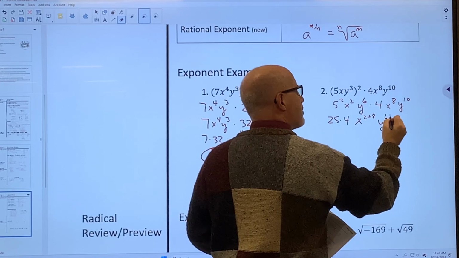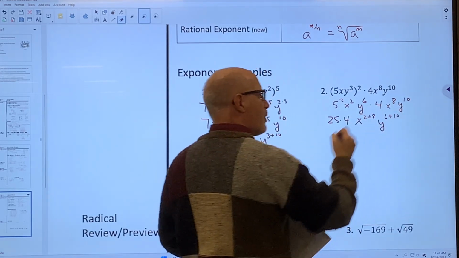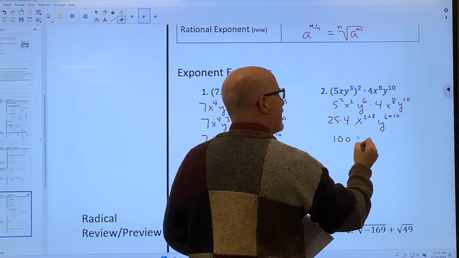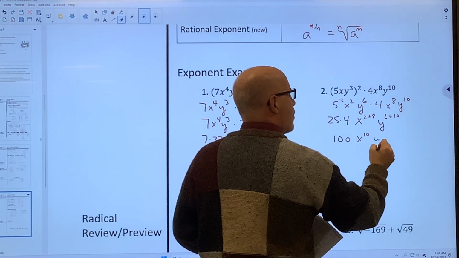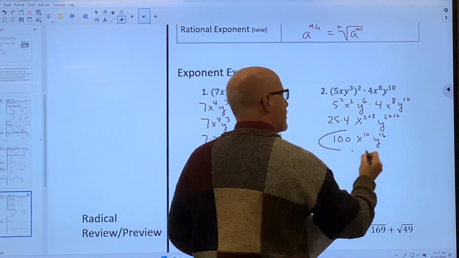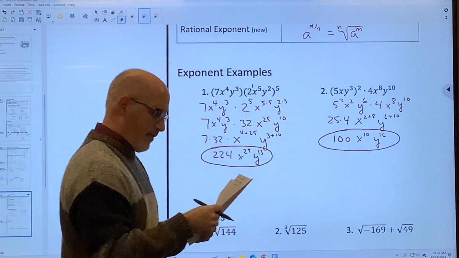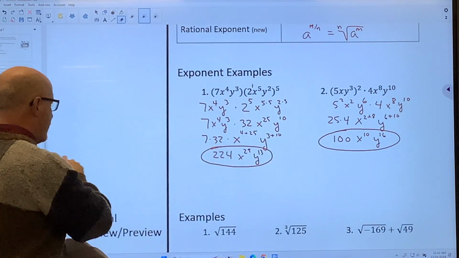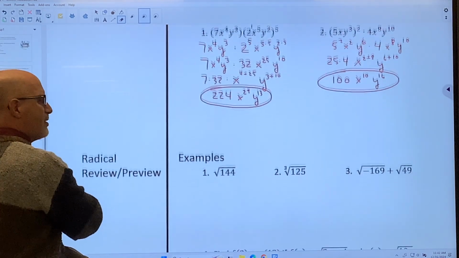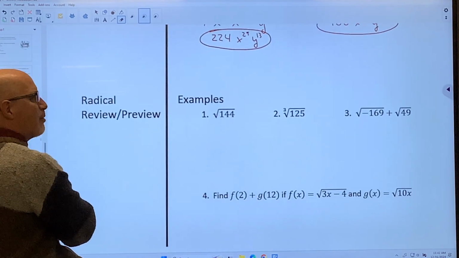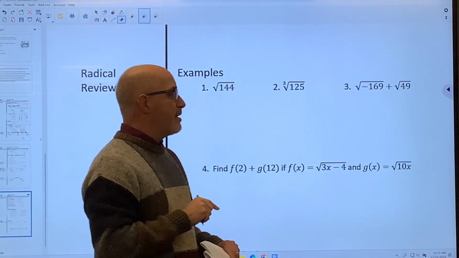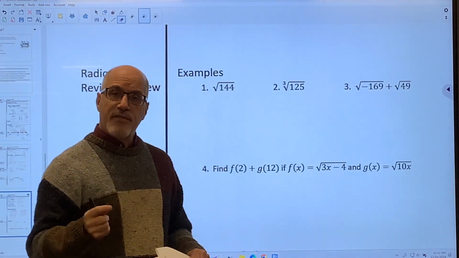y to the 6 plus 10 power here when I have the same base. So 25 times 4 is 100, x to the 10th, y to the 16th, for a simplified form of that answer. Now let's go back and we're going to do a little review of radicals and how you simplify them, and then we're also going to preview a little bit of what we'll do with different indexes